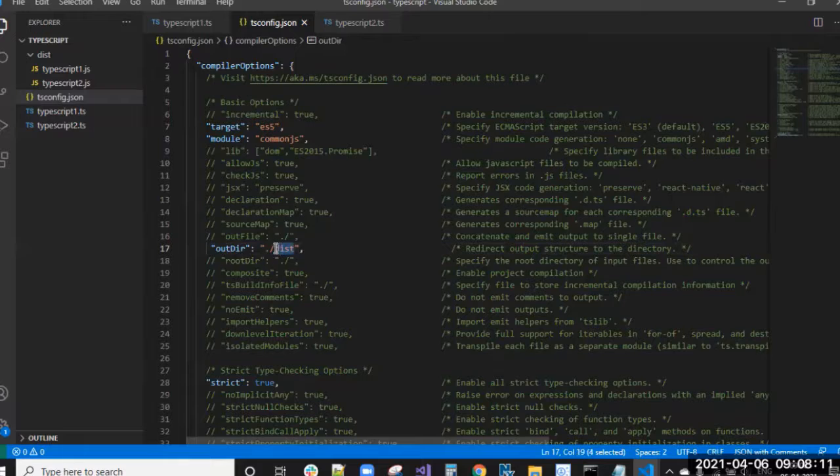You need to mention that specific folder, so TypeScript 1.js and TypeScript 2.js are not outside. If I have a number of TypeScript files, like 10 or 15, and I want to change the code, sometimes I get confused whether it is a TypeScript file or a JavaScript file. Then you may edit the JS file directly, which should not be allowed, because the project will not work. If you change the JS file in the project, it won't work.